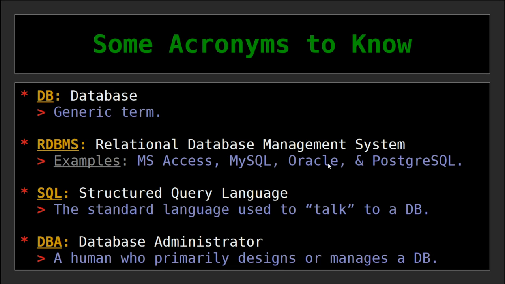An easy one, obviously, is DB. A lot of you might already know about this. It's just a generic term to mean a database. What I will say about this is that some people and some authors of books understand their point that technically the database is a digital file on a computer, and it maintains lots of structure of the database, and it's very specific, all this data and other things, data dictionaries and so forth. But